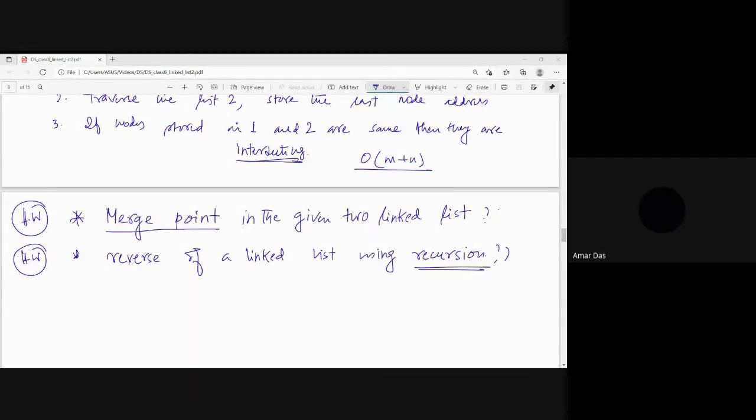আগের যে লিঙ্ক লিস্টটা বললেন, মানে আগে যে বলছিলেন না মার্জ পয়েন্টটা খোঁজার জন্য বা লিস্টটা যে মার্জ করছে, যদি লিস্টটা মার্জ করার পরে একটা